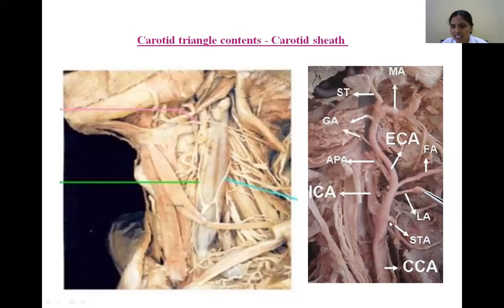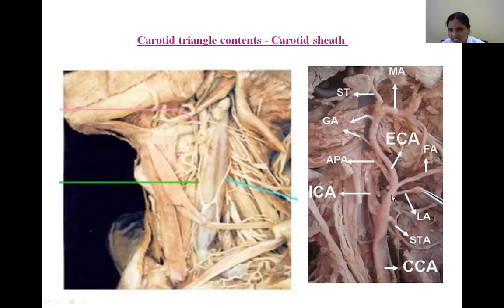Then the second artery is the superior thyroid artery. You see, the first important branch it gives off is the infrahyoid branch. Identify the infrahyoid artery. Then it gives off the superior laryngeal artery. Here, this is the superior laryngeal artery. Then it gives off a glandular branch. That glandular branch reaches the apex of the thyroid gland, where it divides into anterior and posterior branches. We discussed this in the thyroid gland in the previous classes, right? So this is about the superior thyroid artery.